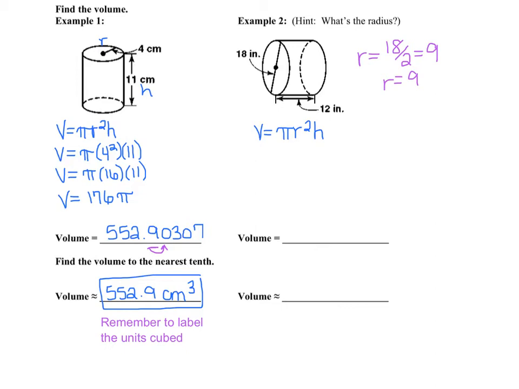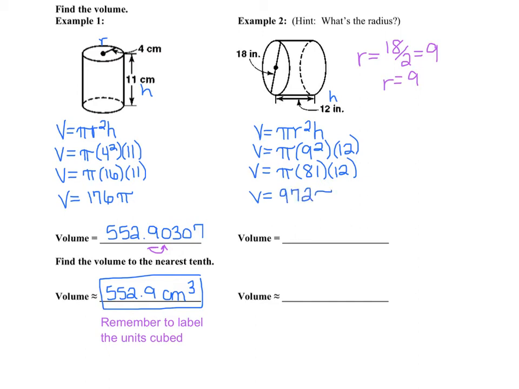And then your height is going to be 12. So let's replace it. Volume equals pi. My radius is 9. You're squaring that. And then you're timesing that by 12, which is your height. Then your volume equals pi. You want to square first. 9 squared, which is 81. Times it by 12. Your next step that I like to do is multiply my numbers. It eliminates mistakes doing each piece, each step. So 81 times 12 gives us